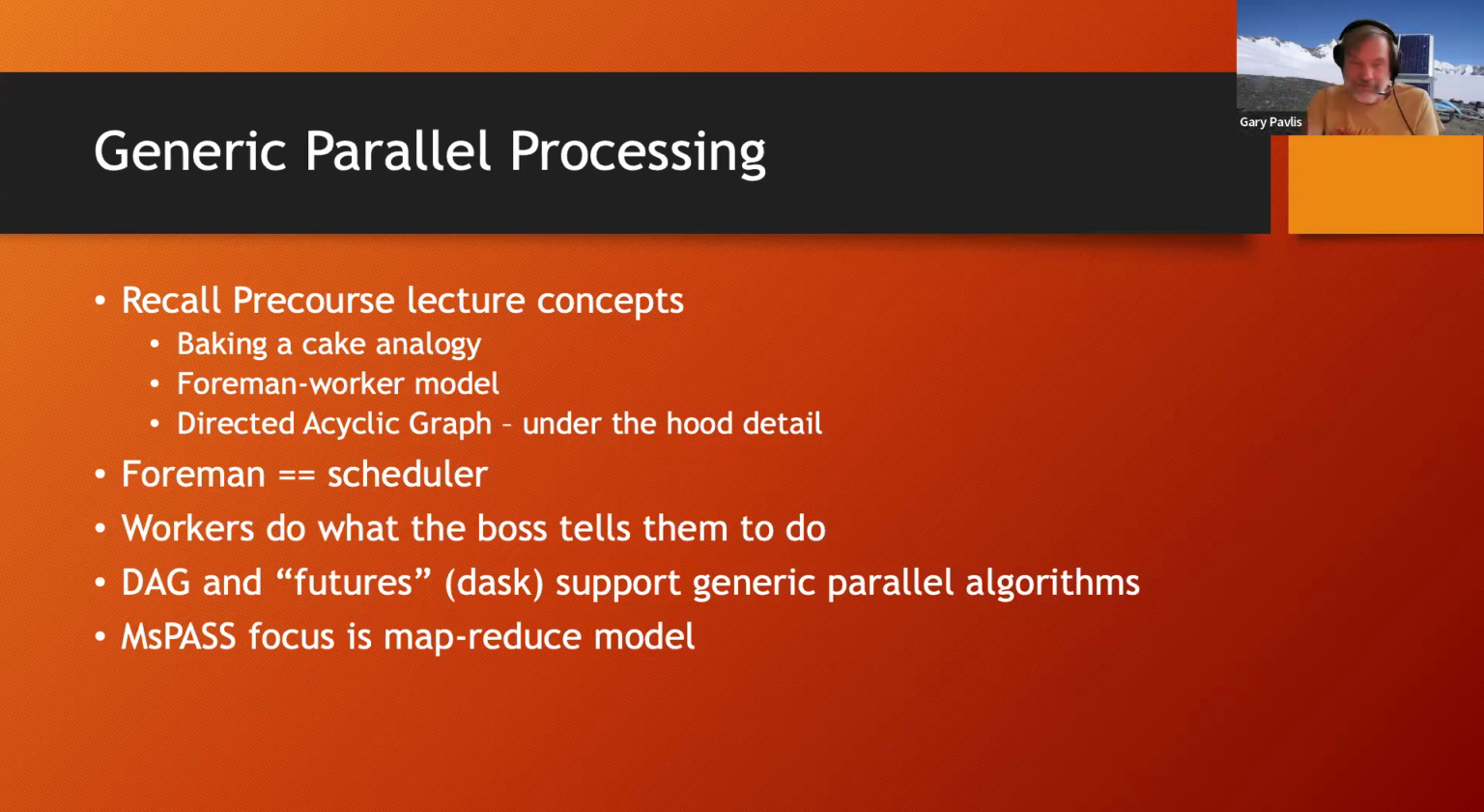You take this cake, you take this cake, you take that cake. Do your job, and when you're done, tell me, and I'll give you another one. And that's basically all they do. It's really simple, but the way it's actually done under the hood is this computer science concept called a directed